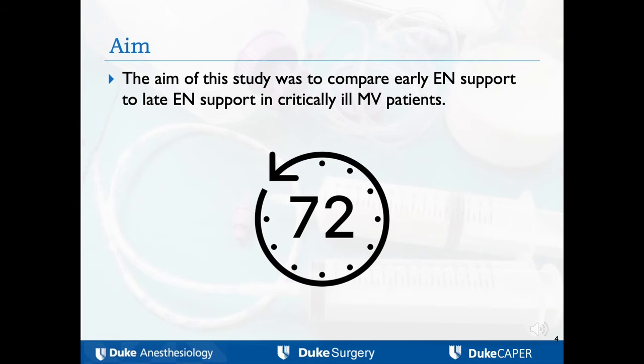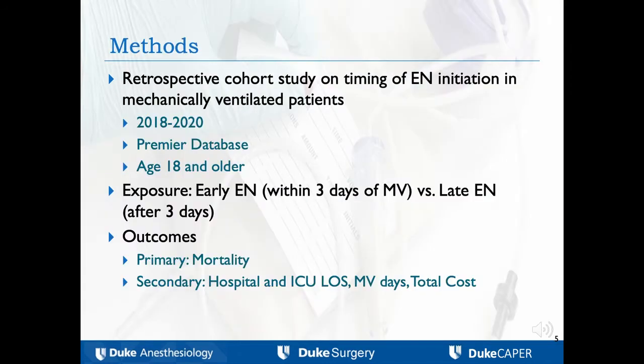Given the reported benefits of nutritional optimization and controversy surrounding the optimal time to initiate support, there needs to be a defined optimal trigger point to initiate enteral nutrition. The aim of this study was to compare early enteral nutrition support to late enteral nutrition support in critically ill mechanically ventilated patients. This is a retrospective cohort study that assessed the timing of EN initiation in mechanically ventilated patients